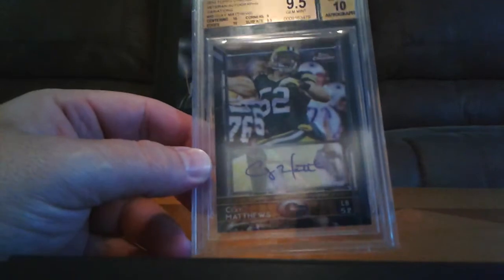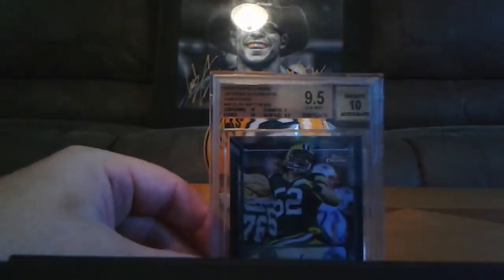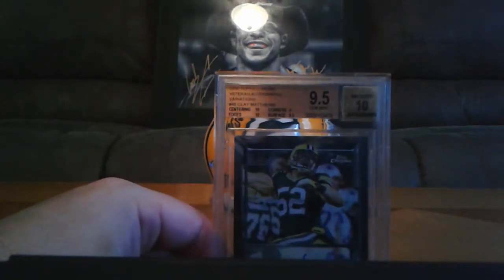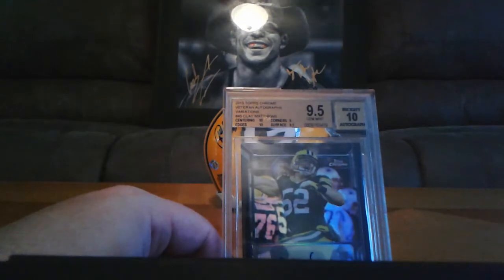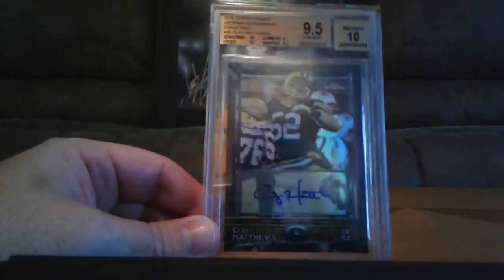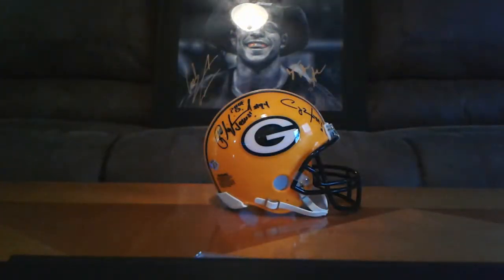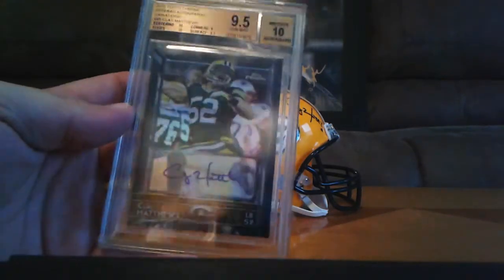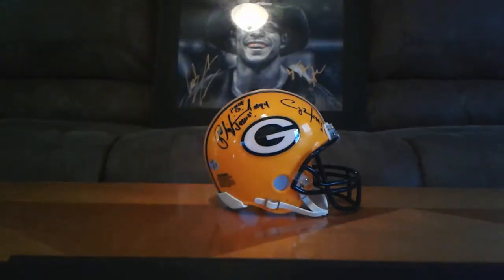I have almost every one of his autographs. The only one I do not have, actually 2015 Topps and Topps Chrome, the only card I don't have is the Superfractor parallel of this. And the guy I purchased this and the other 2 cards off of, he actually owns it. So I might hit him up one day and try to buy it. We'll see. But really cool card there. So happy to get that one. Thank you, Ryan, if you're watching the video. I don't know that you really watch much YouTube, but anyway,